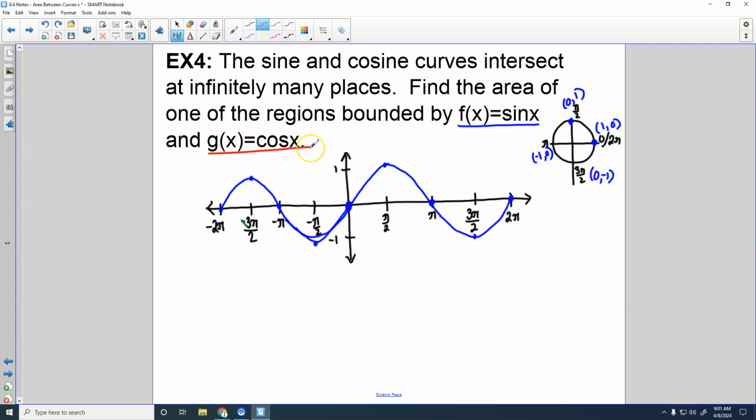Then let's use red for our cosine graph. What is cosine of 0? It is 1. So now you're looking at your y-coordinates. And you should remember you go from maximum to the midline, minimum, back to the midline, back up to the maximum. That same pattern over here on this side. And so if we draw in that graph,